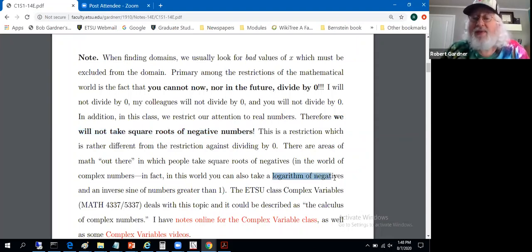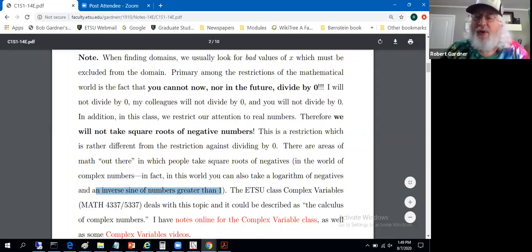Logarithms of negatives is a disallowed thing in Calculus 1. You want to use complex numbers? There's a way to take logarithms of negatives. You want to take the inverse sine of a number, say greater than 1? Not going to happen in the real setting. Turns out it happens in the complex setting. Some neat things happen in the complex setting. But our plate is full with dealing with the learning of calculus for real numbers. If you'd like to read more about it,